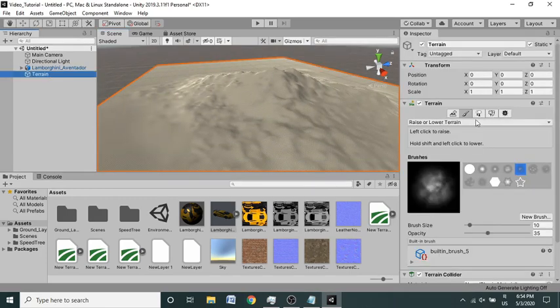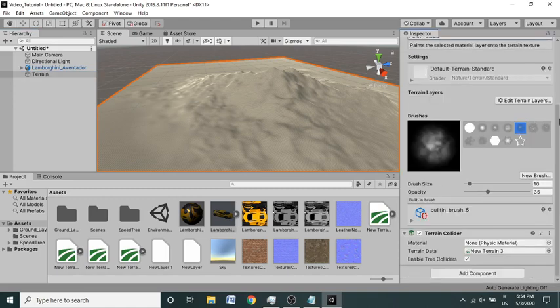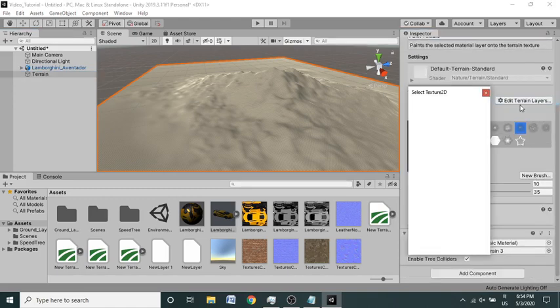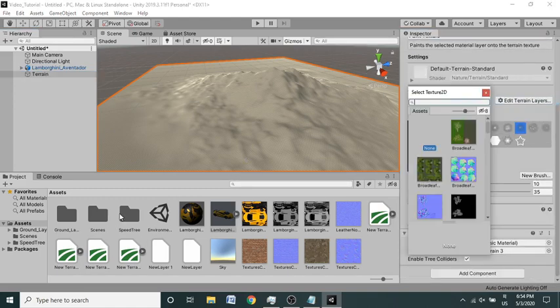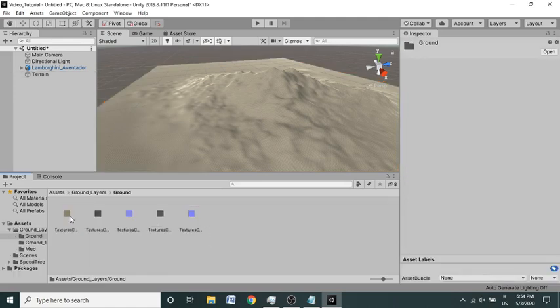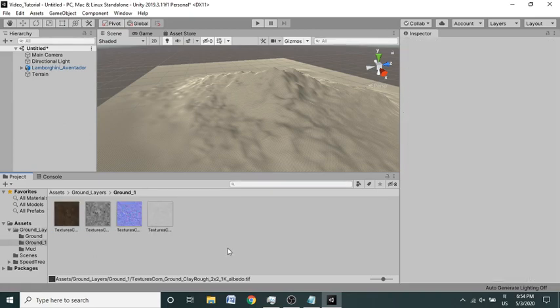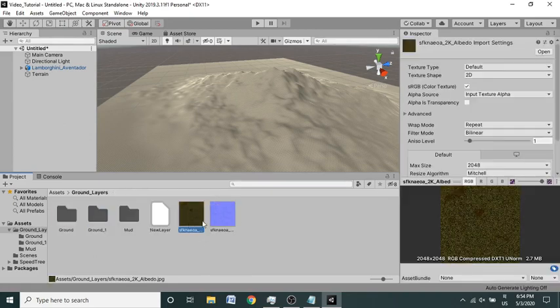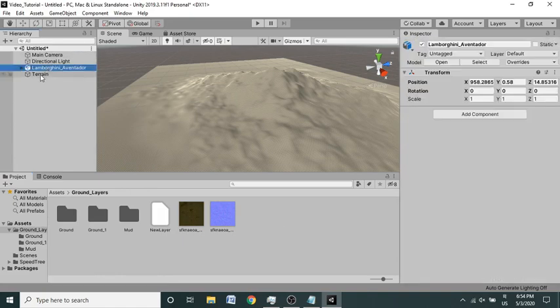Now I'm going to texture paint this. Yesterday we talked about creating layers inside Unity, but this time I'm going to create some advanced layers for this terrain. I have so many layers downloaded for this video, so I'm going to add these layers.